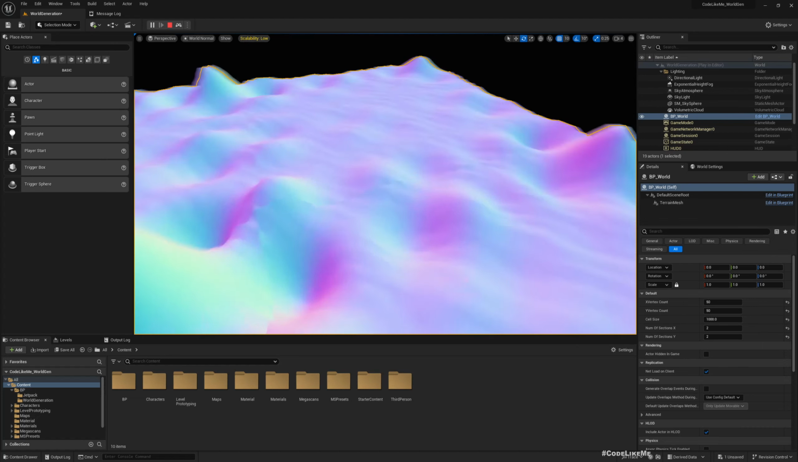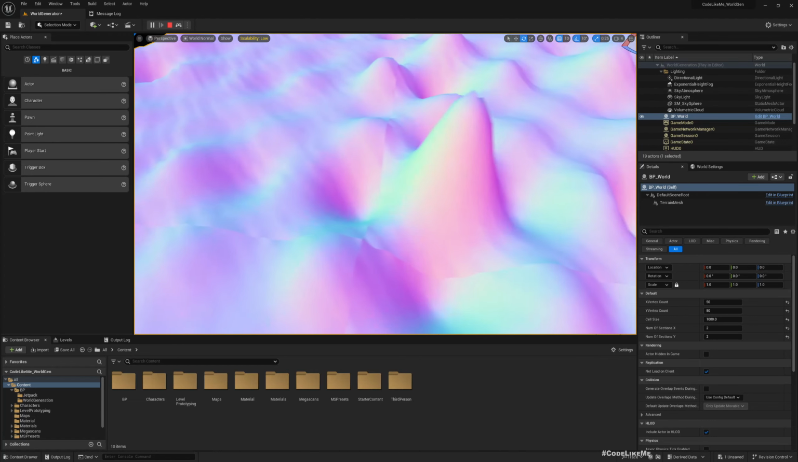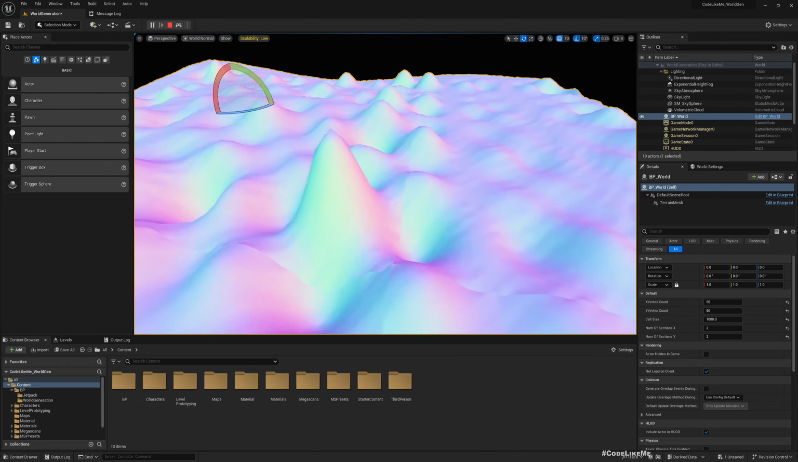Once we fix this problem, we would not have this seam, so everything will be perfectly seamless across different